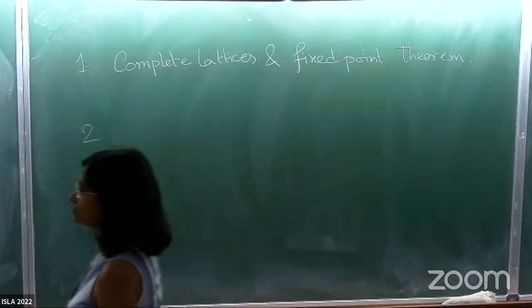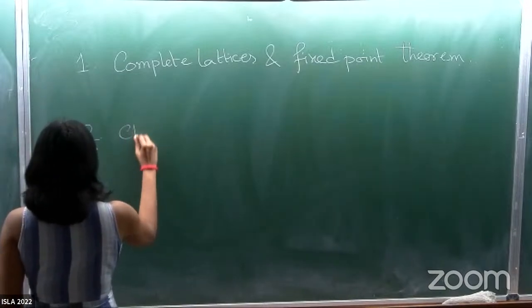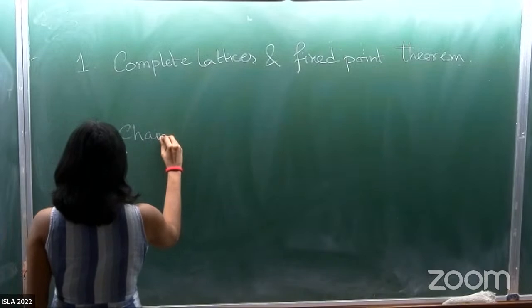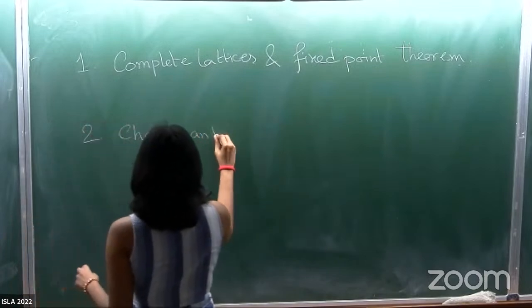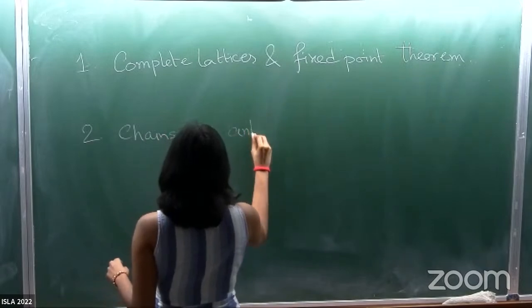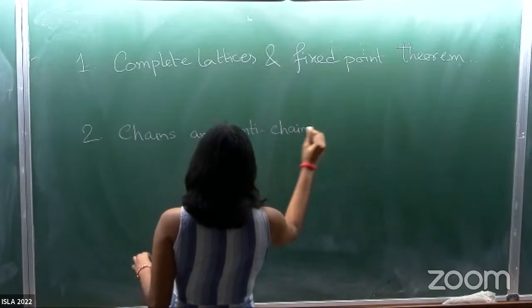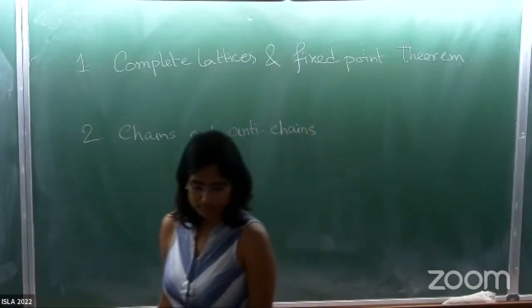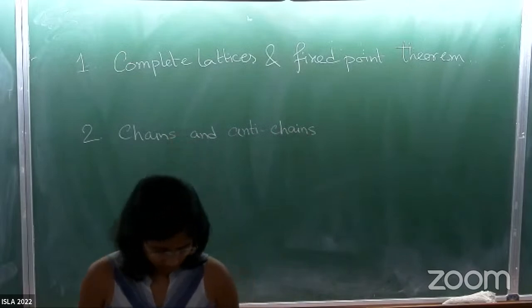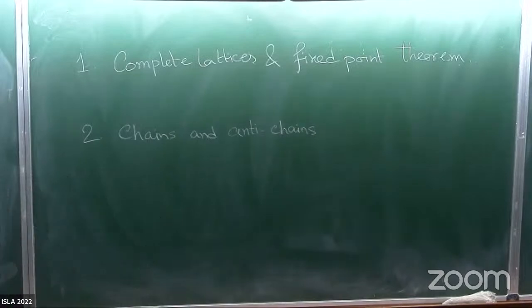The other thing I suggested is chains and anti-chains. There was an exercise in class, like I gave you yesterday, which had some connection between chains and anti-chains, and there was a question whether it's a tight bound or not, and I was talking about how it's given by Dilworth's theorem. That is another thing that you can study on your own and present, or whatever things you may come up with regarding it.